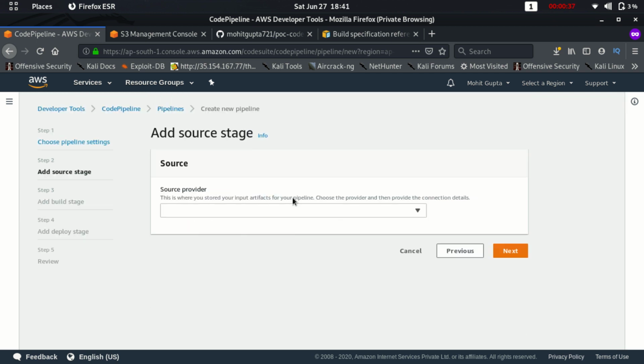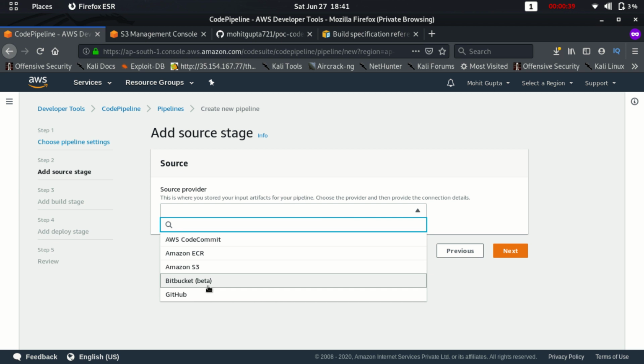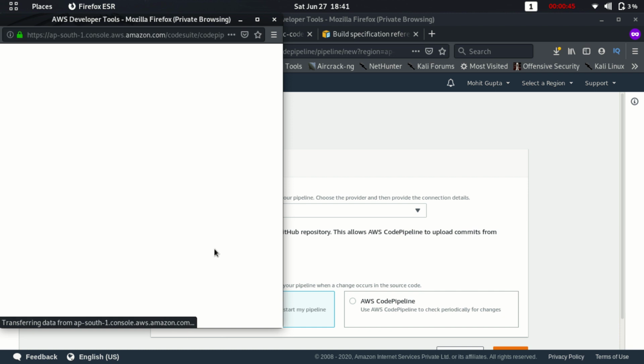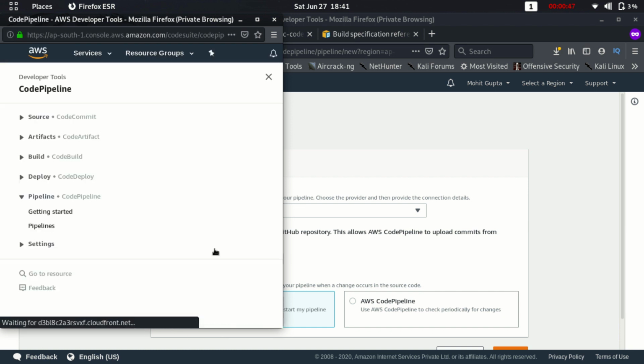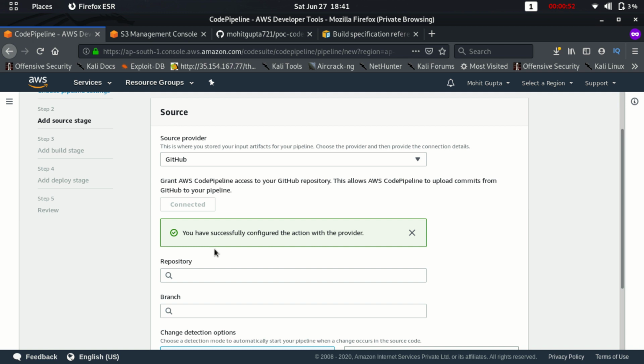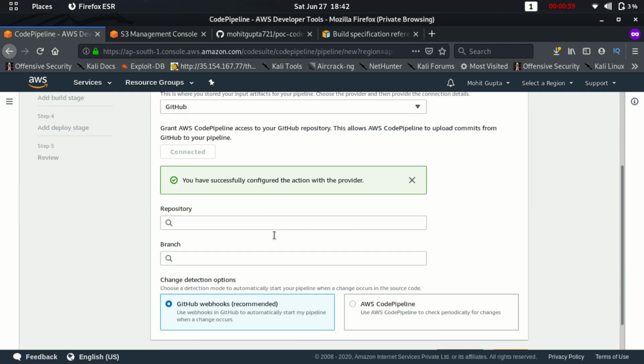Hit the next button, and in the source provider select GitHub and connect to GitHub. It will send the authentication request to GitHub, and just provide your credentials and you will be connected to GitHub. So I have already connected, so it is showing you have successfully configured the action.